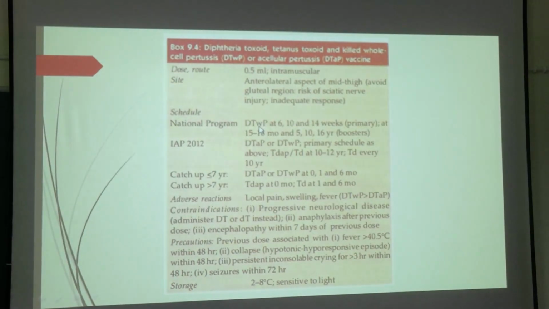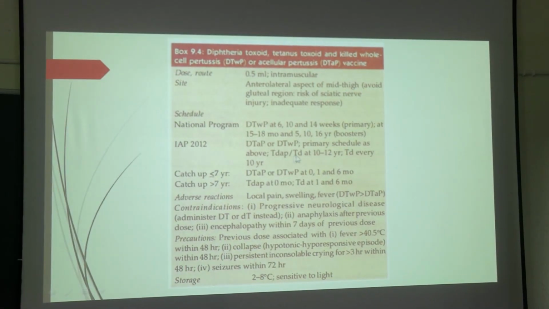পেন্টাভ্যালেন্টের সাথে আর দুটো কি অ্যাড হয়? হেপাটাইটিস বি অ্যান্ড হিমোফিলাস ইনফ্লুয়েঞ্জি। ডোজ ইজ 0.5 ml, route is intramuscular. In National Immunization Schedule, the pentavalent uses whole cell pertussis, WP, তার সাথে দুটো অ্যাড করা হয়। But in NIS schedule, you can use acellular pertussis or whole cell pertussis, দুটো। So dose is 0.5 ml, intramuscular, route anterolateral surface of the mid thigh. National program diphtheria tetanus whole cell pertussis 6, 10, 14 weeks, 15 to 18